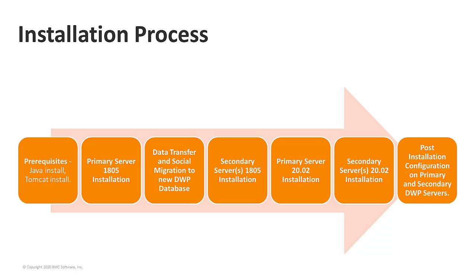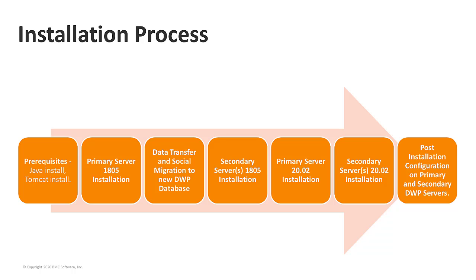And once the primary is built, then you can proceed with the secondary servers with 2002. As I mentioned again, you can run the secondary install in parallel in order to save time. Once your entire stack is upgraded to 2002, then you start to look at some of the post configuration steps on